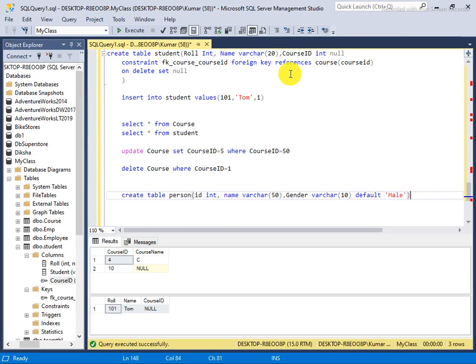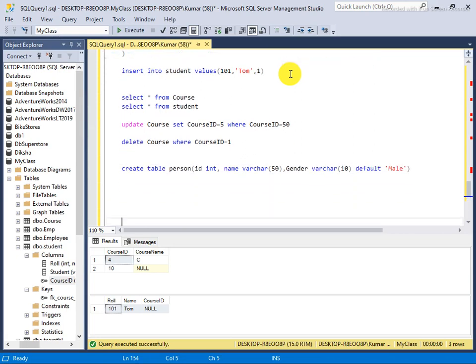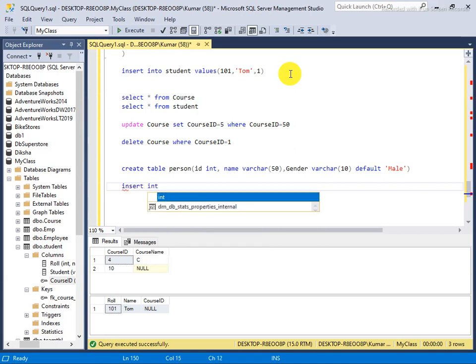So see here, insert into person, id and name, then values 101 and name Tom, and this time I am not supplying the gender details.